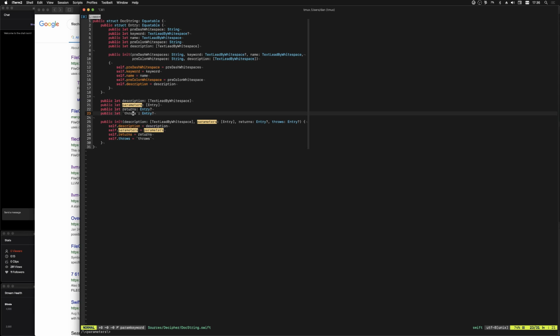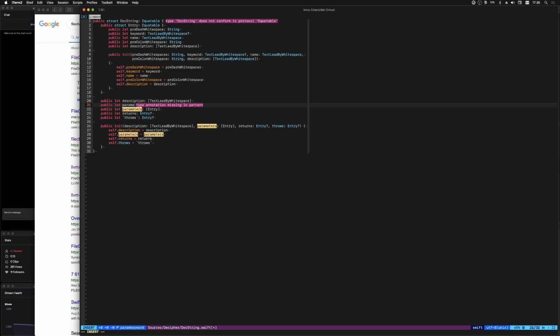We really just need to include, well, first we need to actually add the parameters keyword as part of the representation, because right now you can see it doesn't really exist. So